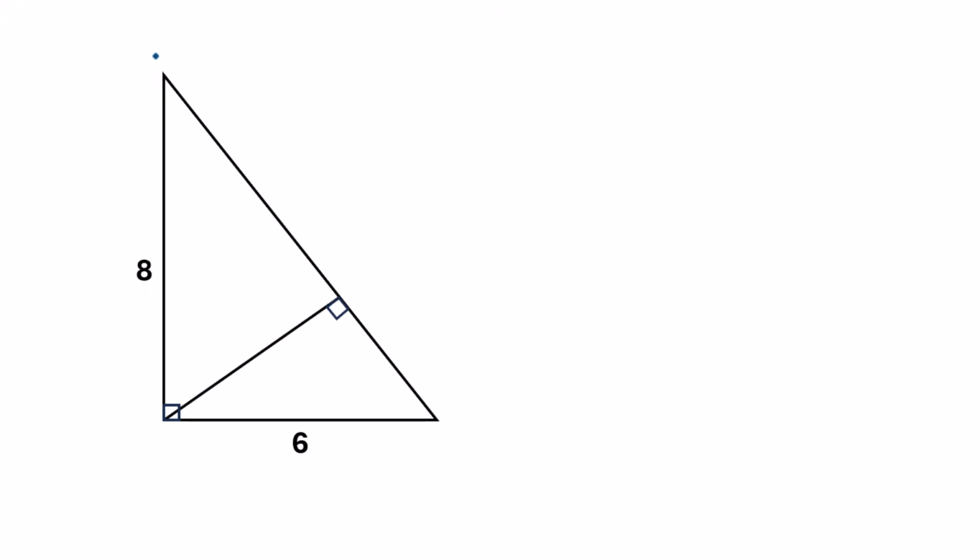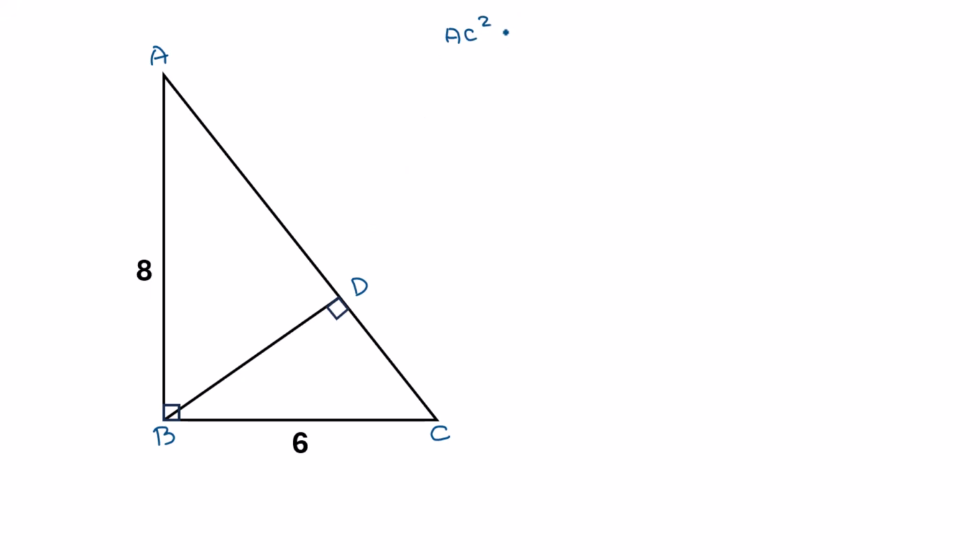Consider this as A, this point as B, this as C, and this point as D. So look at this large triangle. AB is 8, and BC is 6. So according to Pythagoras theorem, we can find the length of this AC. So according to Pythagoras theorem, we can write